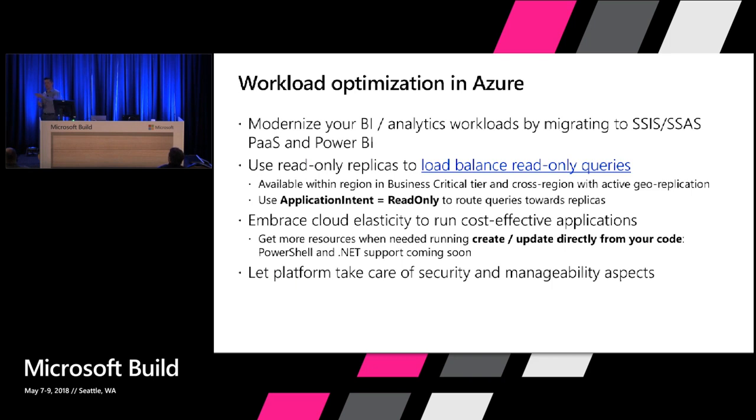For instance, there is a scenario where over the weekend people don't need to run; there is no peak of the workload. It's very quiet, and then over the weekend you can scale down your instance, and during the working days you can scale it up, and that's a cloud economy thing, right? You can run your workload in the most optimal way. That's something that you cannot do running virtual machines or on-premises solutions. And of course, whatever you do, focus on your application logic, and the platform will do the rest for you.